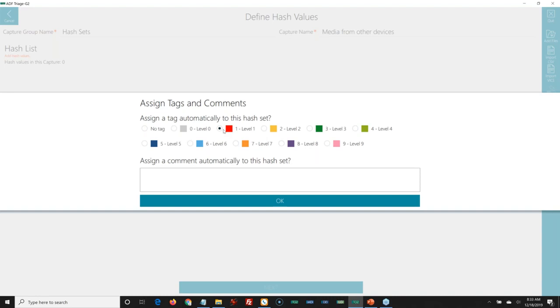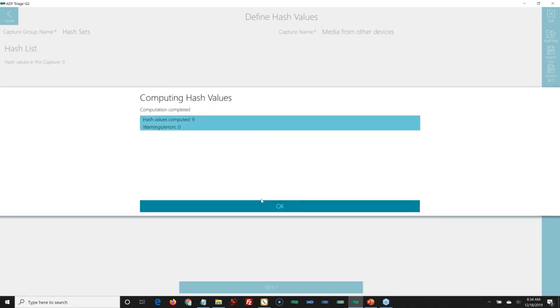Do you want us to automatically bookmark or tag this as we find it? So I could put a tag level on it. And then I could put, this is my US bridges. And these comments here that I put in are fully searchable and create filters for us in our analysis portion.